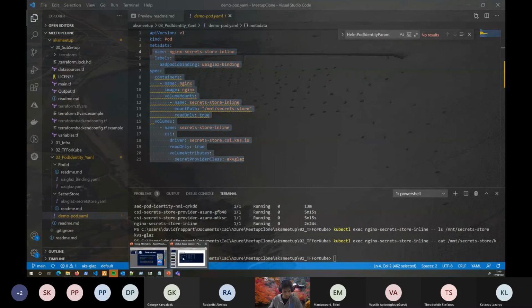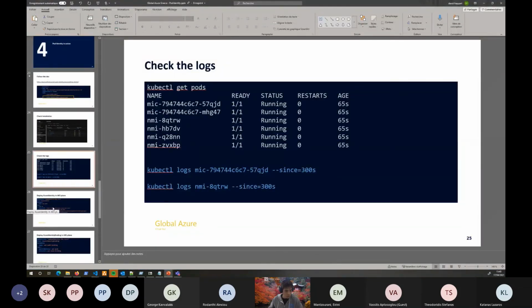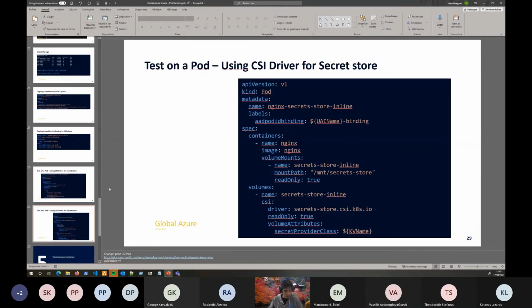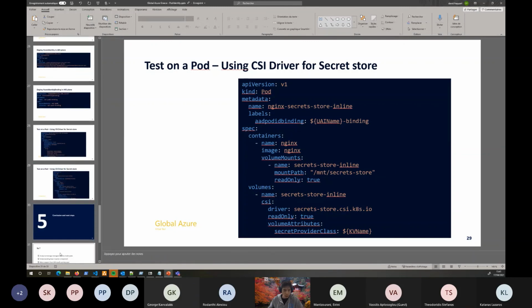Let's go back to my slide. Okay, so that we did already, and we are just here. Okay, perfect. So what did we do? We installed the pod identity software solution on our Kubernetes cluster, and we managed to use it with a pod so that it could gain access to a secret in a key vault. Okay, you can see that there are some other configurations to do, which brings me now to the conclusion.